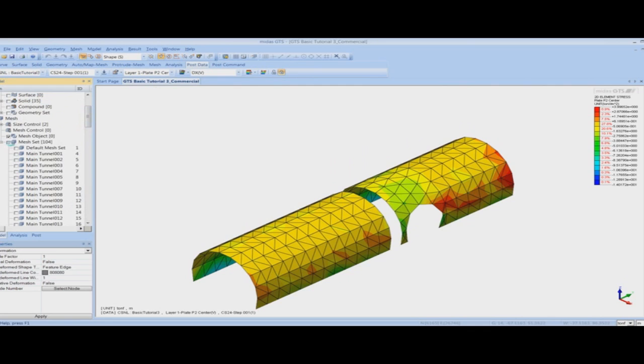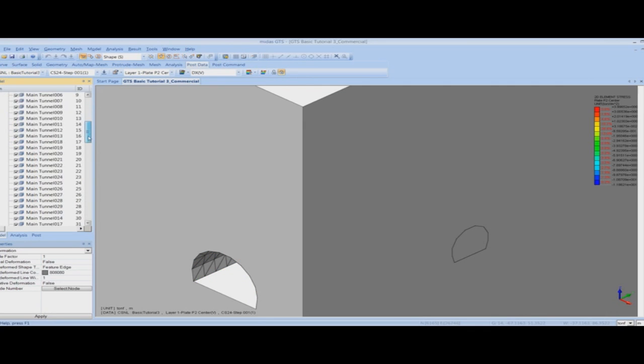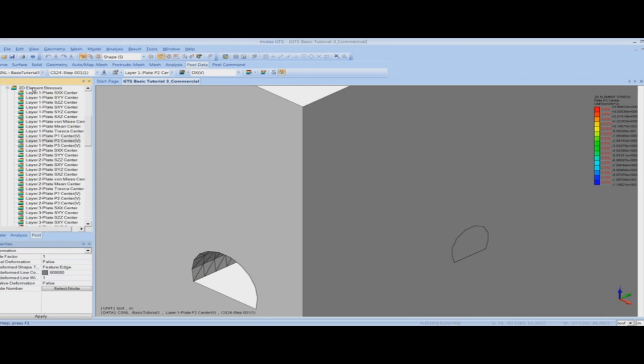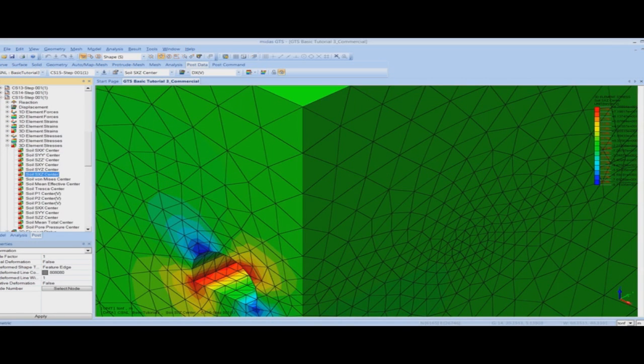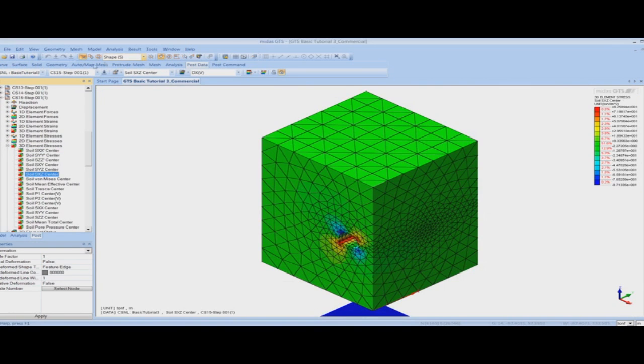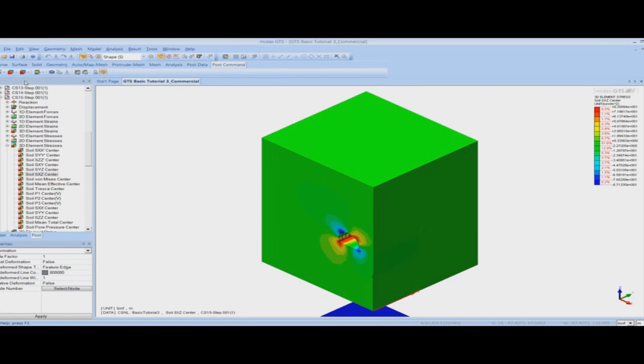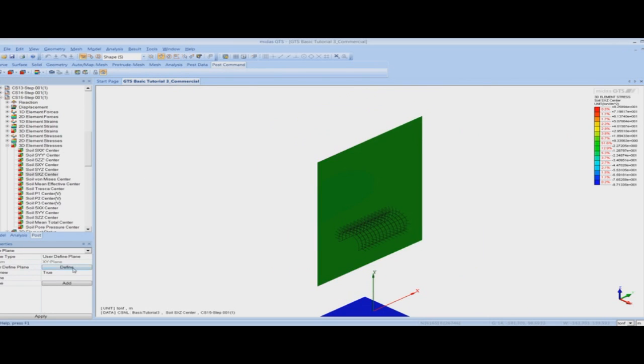For that I will activate all the mesh sets, and I will see the 3D stresses. So this is how the 3D stresses look like. Let me deactivate the mesh, and let us see the slice plane and how it works.